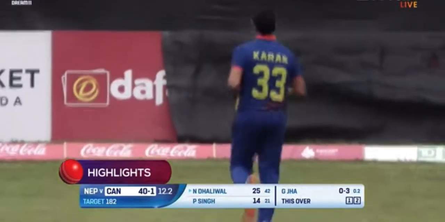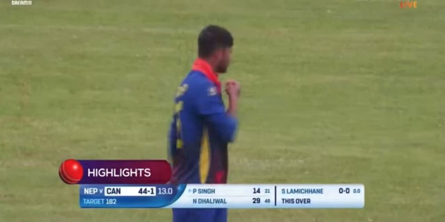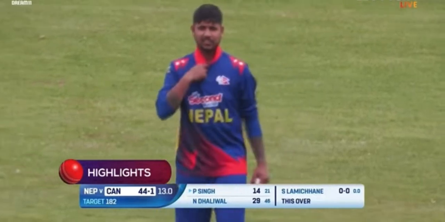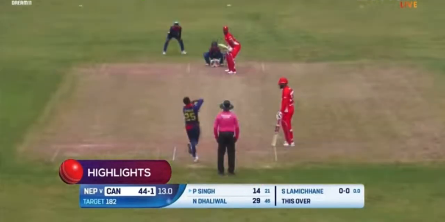Driven down the ground. That should be 4. Beats Karen KC 2 full from Gulshan Jat. And he'll come on here in the second power play with protection available for extra cover.